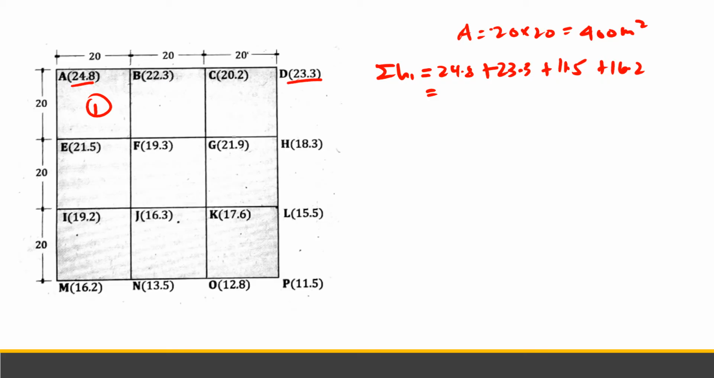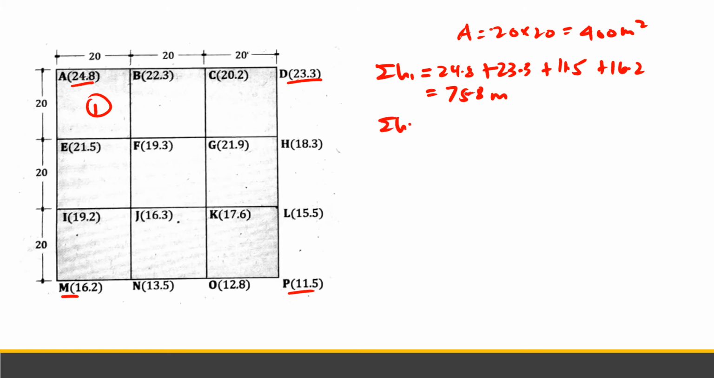Here 23.3 is at D, then 11.5 at P, and 16.2 at M. As you can see, hindi siya na-repeat; there are no other values na na-repeat, isa lang siya nagamit. So that is summation of H1 is equals to 75.8